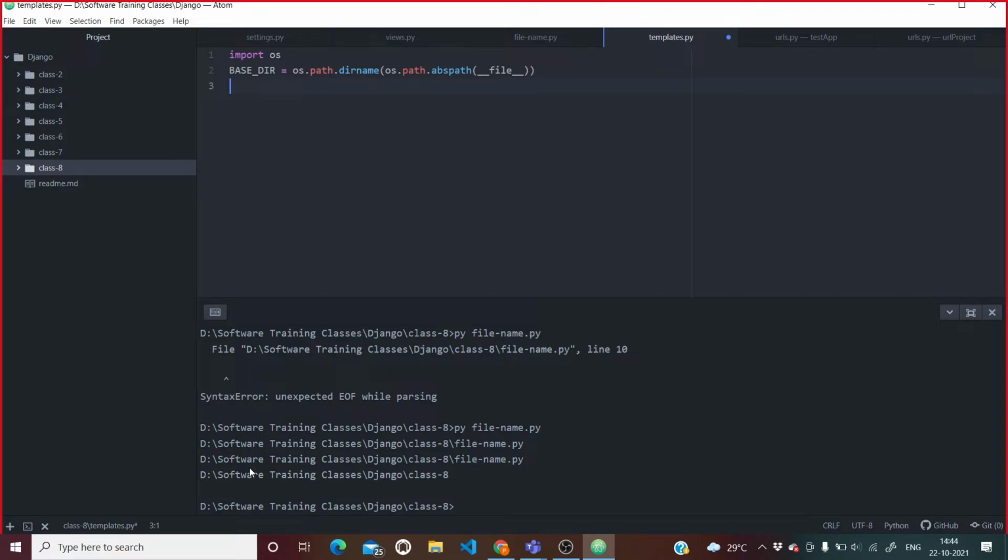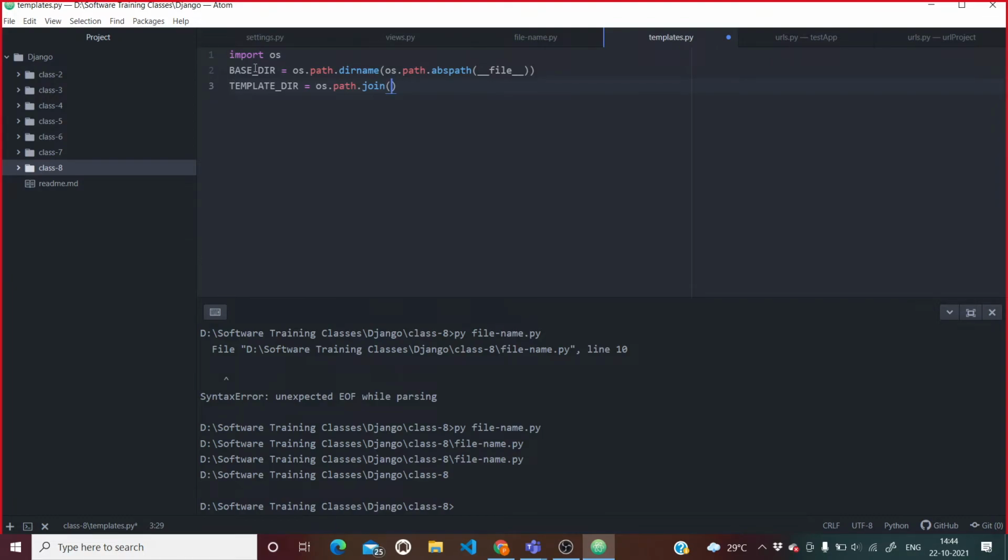Now to know the template dir, where is the template directory? We need to tell it with os.path.join.